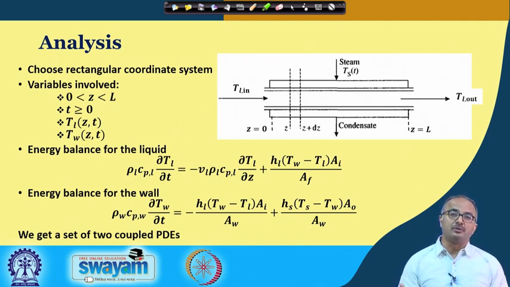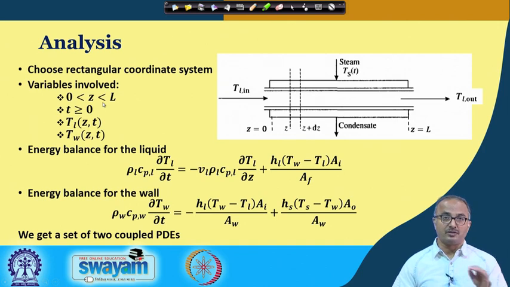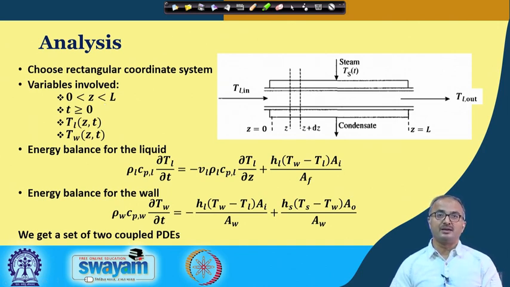That means you do not know the temperature at Z equal to L. In that case, you have to include that Z here with L, so you will put less than or equal to L. So for this particular problem, we are neglecting the calculation of the temperature at the position L.